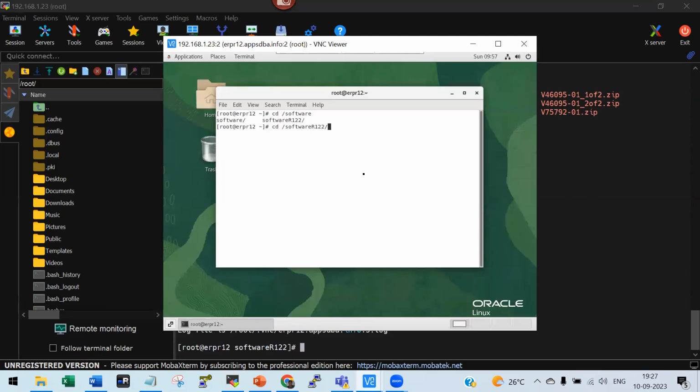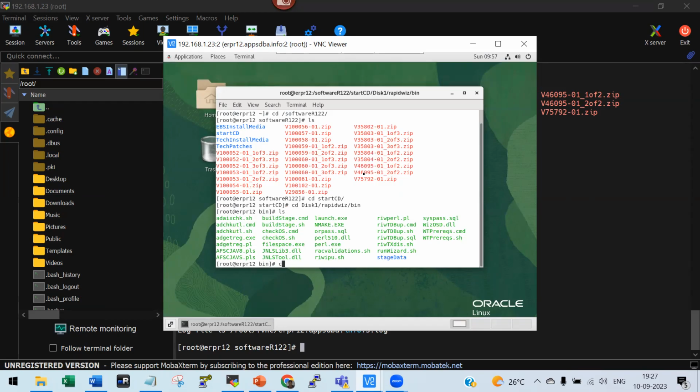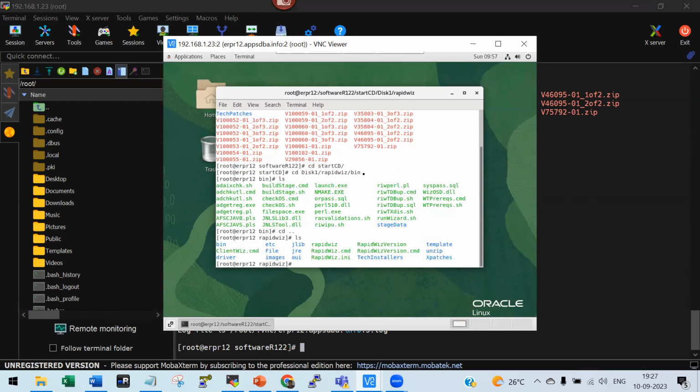So then what I do, I go to my 12.2 software. And how to do the installation? I go to start CD, rapid, go to disk 1, rapid wizard. I go to the bin folder, and there's a file called... okay. And I also just wanted to show you,